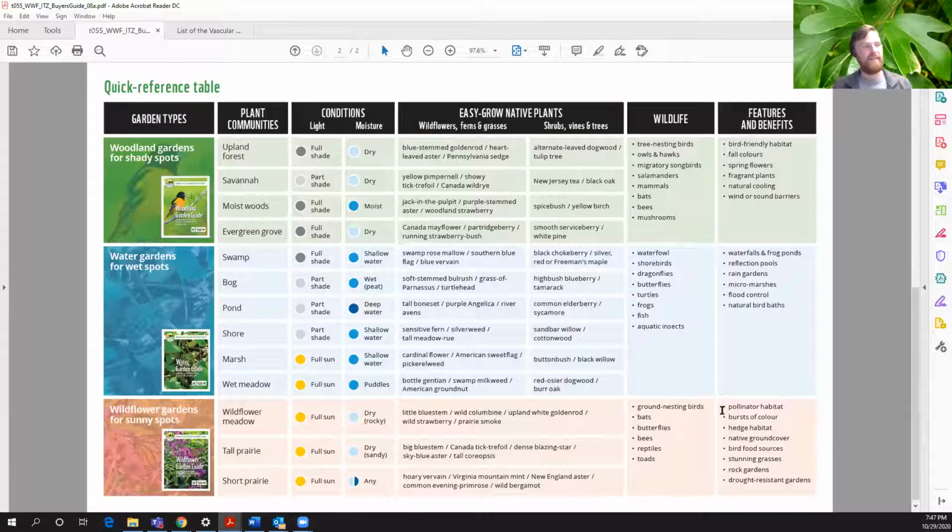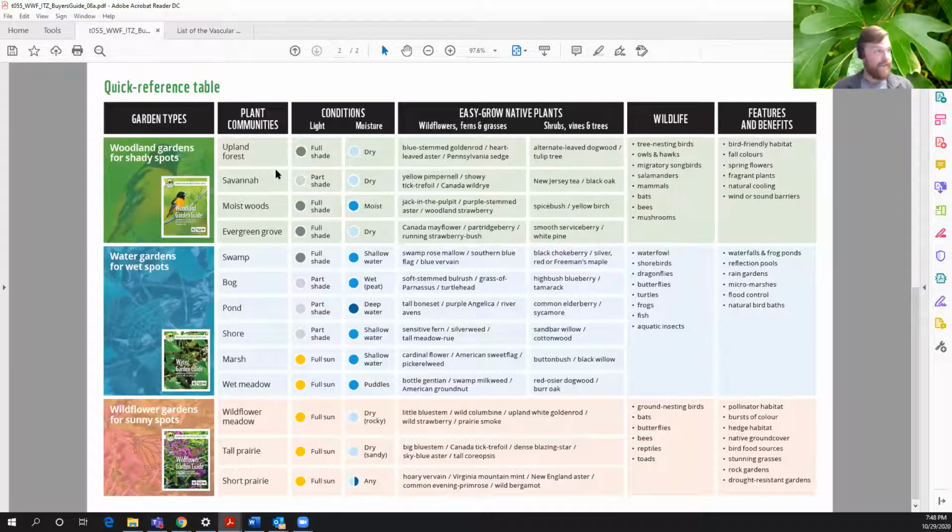And it all centers around this table here. And basically what it's all about is based on your area. So like that garden that I was showing you earlier, it is a woody garden, the one at the community garden. The one over to the left of that is a woody garden, and it's kind of full shade and dry. So with just that information, shady, full shade, and dry, I just go over to here and I can see right here some wonderful plants that I can grow in that garden. So we've really picked the easiest to grow plants for each of these habitat types.